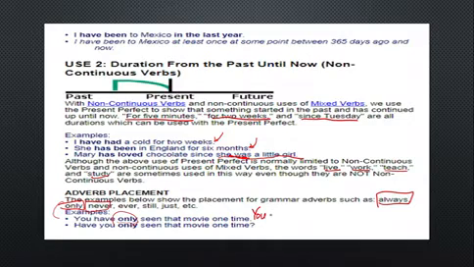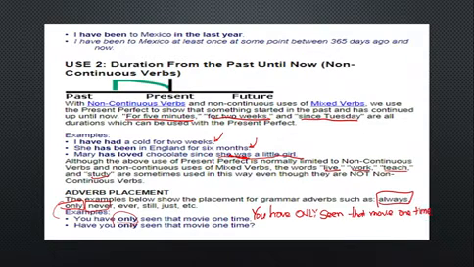Next, I write the auxiliary have, and then after the auxiliary have, I write the adverb. In this case, you have only, and next the verb in past participle, seen, that movie, one time. Okay,